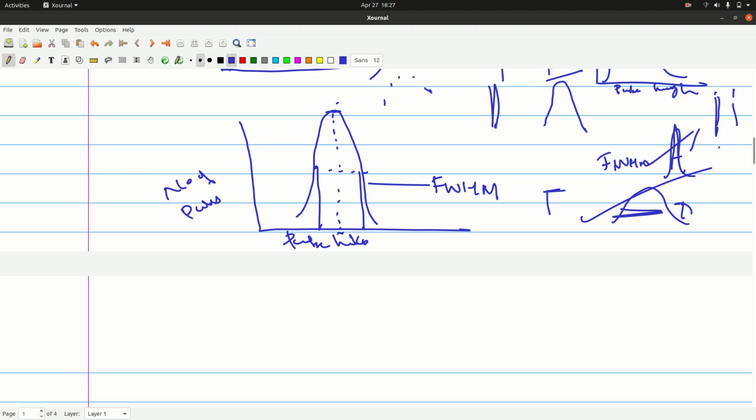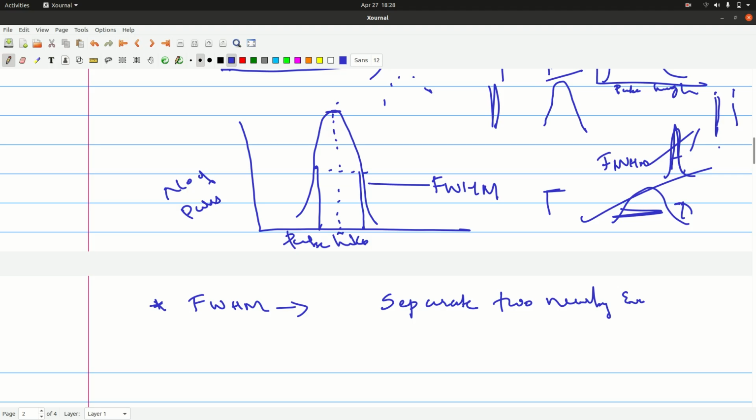Think about it like this. FWHM helps to understand how well your detector can separate two nearby energies. So resolution can be obtained from FWHM. Resolution means the ability to separate two nearby energies. So if your two gamma rays have very close energies, a detector with a good resolution